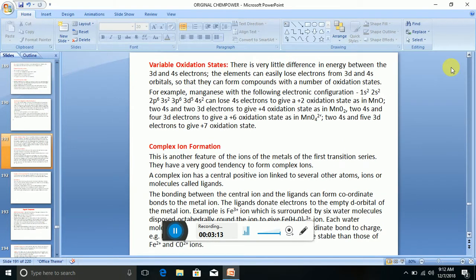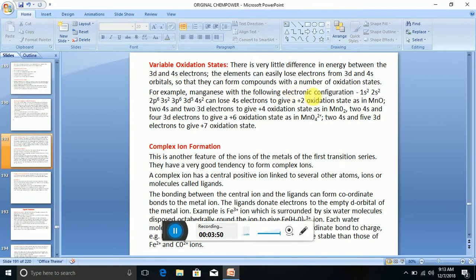Now let's look at variable oxidation states, which is a very important property of first transition series elements. There is very little difference in energy between the 3d and 4s electrons. The elements can easily lose electrons from 3d and 4s orbitals so that they can form compounds with a number of oxidation states. For example,